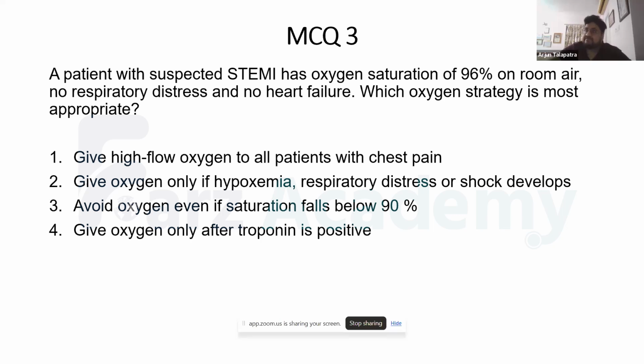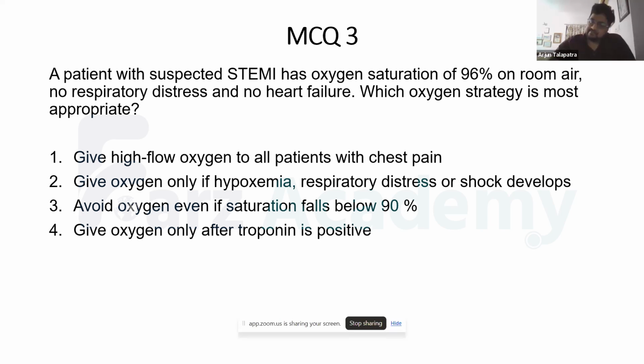What happens if you give oxygen to patients with ACS who are normoxemic? What harm would you do in them? Reperfusion injury, specifically for ACS, right? Reperfusion injury is one thing. Obviously, the associated problems of oxygen: increased coronary vasoconstriction, free radicals, atelectasis, all of that definitely. But in ACS, are you aware of any studies which have looked at something specific which is happening to MI patients when you give them oxygen? Any idea? It might not be asked in your exam, but